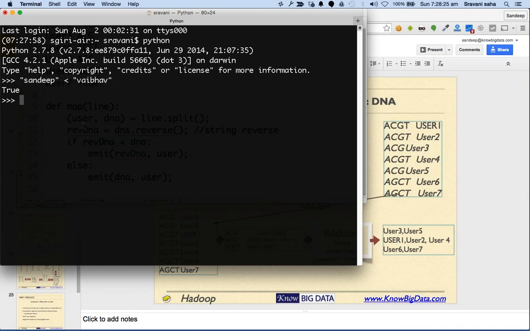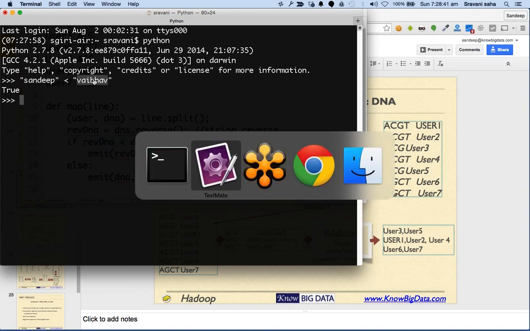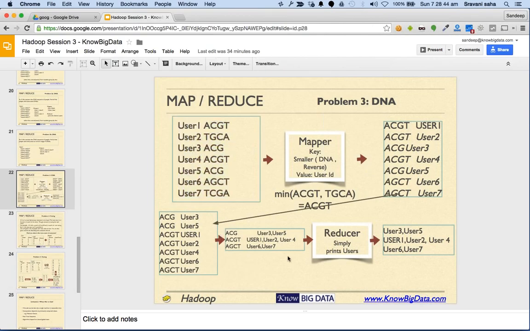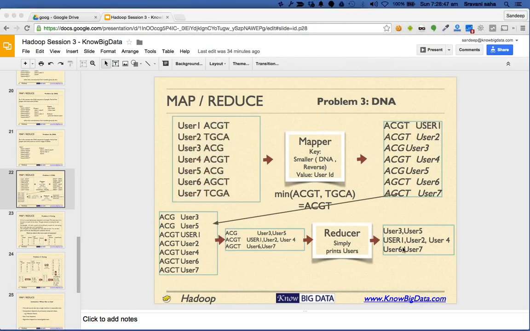Whichever string finishes first is smaller than the other string which is not finishing first. Second, if any of the characters, say first S is smaller than Vaibhav, then this one is smaller than this string. Okay, just like in the dictionary, if you have to arrange the names of people in ascending order,